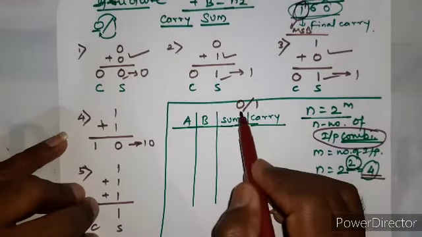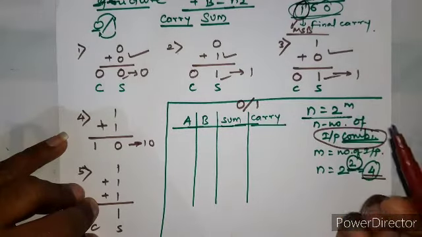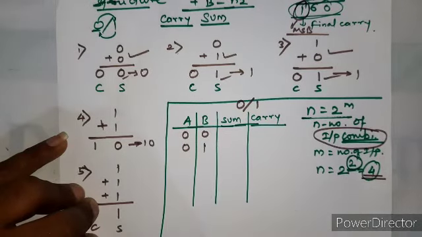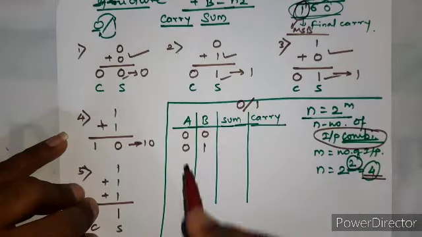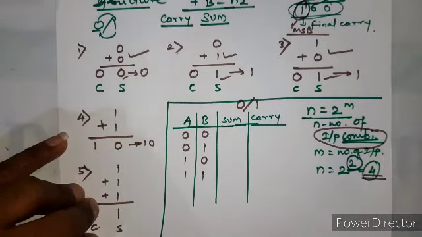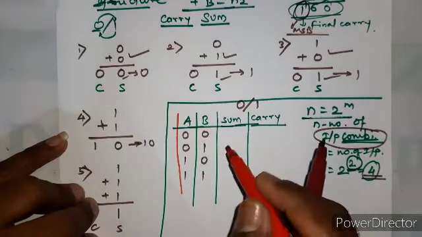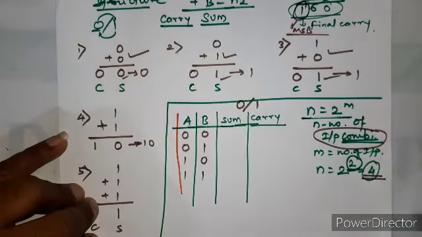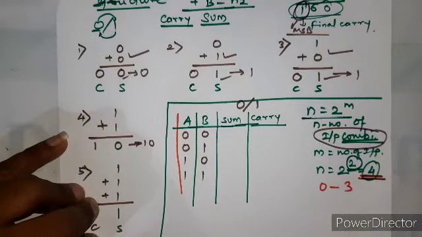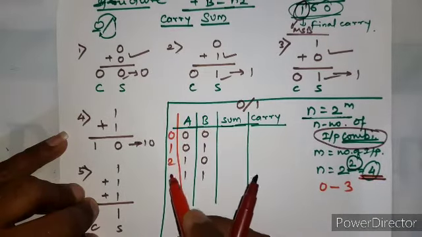right? One way is, since inputs are in terms of zeros and ones itself, 0 combination with 0 and 0 combination with 1, then 1 combination with 0, 1 combination with 1. This is one way. And in terms of decimal numbers, these are 4 inputs, meaning starting from 0 to 3. So this is 0, 1, 2, 3.